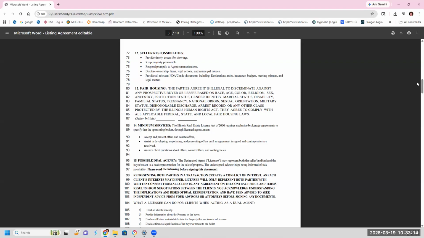The state of Illinois says that a listing agent, whether they're doing it for $200 or $1 million, has to accept and present offers and counter offers. Well, HomeCoin never heard of this, apparently. I don't know how they got licensed in Illinois, but they're not doing that. It is the listing agent's job to assist in developing, negotiating, presenting offers until an agreement is signed and contingencies are resolved.